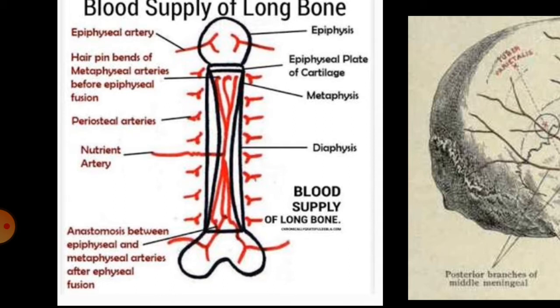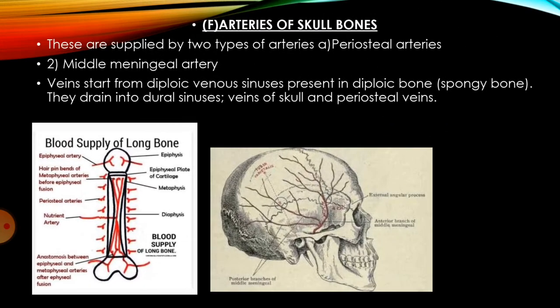On the outer parts of the bone, you can appreciate the periosteal arteries, and remember that periosteum is a very vascular layer of the bone. I have probably told you about the periosteum, but just remember that the periosteum is very vascular, and it has numerous arteries. They are short but they are numerous in number. So this is the blood supply of a long bone, and we will discuss it now.